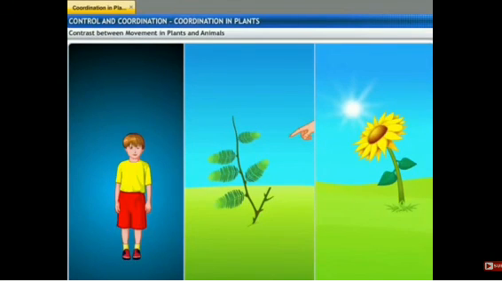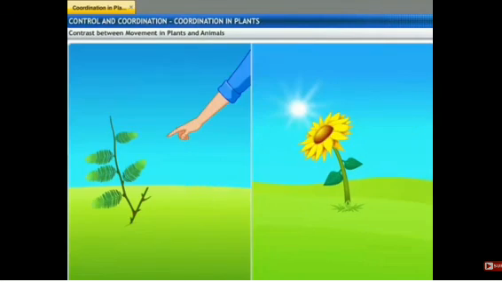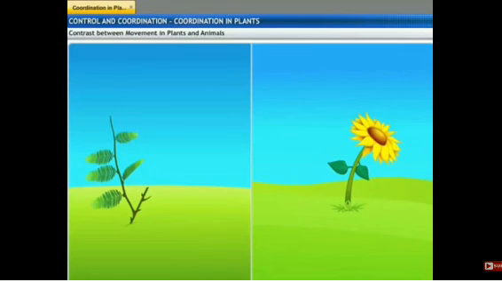Let's contrast the movement in plants with movement in animals. The movement of a sensitive plant in response to touch is very quick, whereas the movement of a sunflower in response to day or night is quite slow. Growth